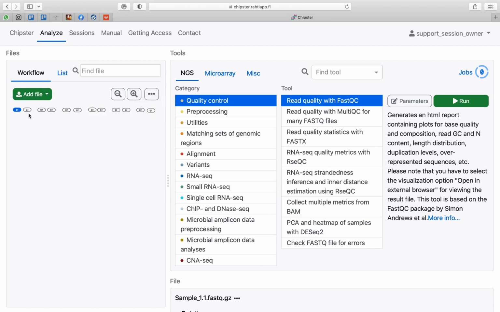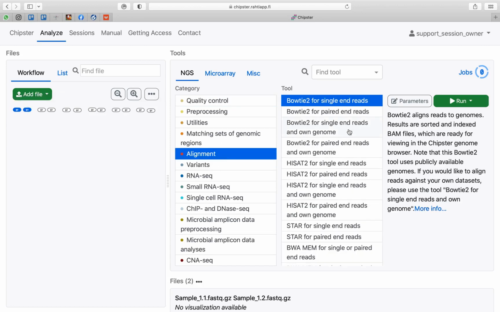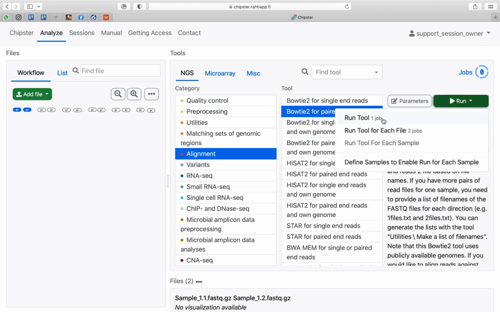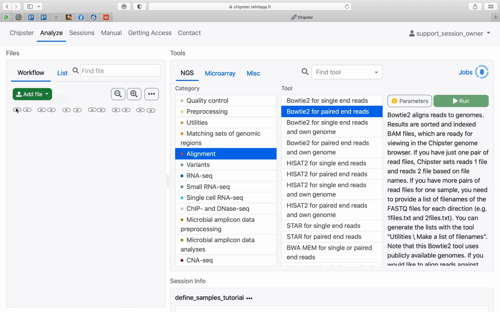So what you could do is just select the pairs, and then, for example in the alignment section, select the tool that you want for paired end reads in this case, and then click run tool for one job for this sample, and as a result you would get a BAM file for sample 1 here. Now this is doable since we only have 6 samples here. It's several clicks, but let's say that you have 30 samples, and then it would be quite a task and